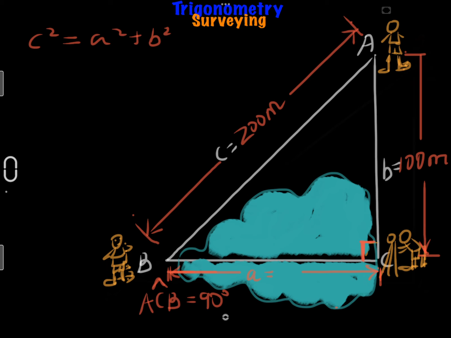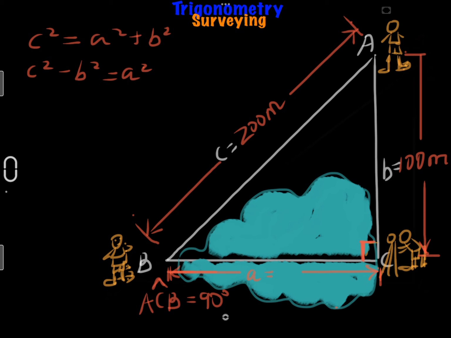So in this case we know that side c, which is 200 meters, is the longest side, is our hypotenuse. It's very important to consider that. So in this case we actually are going to have to subtract b squared from c squared. In this case we substitute. That's how our equation should look. Now